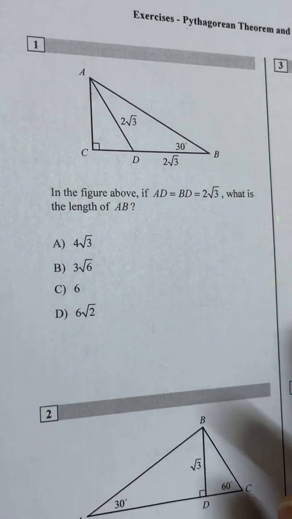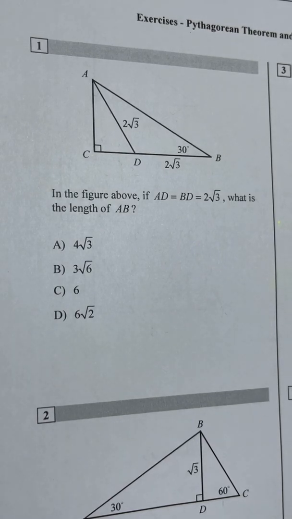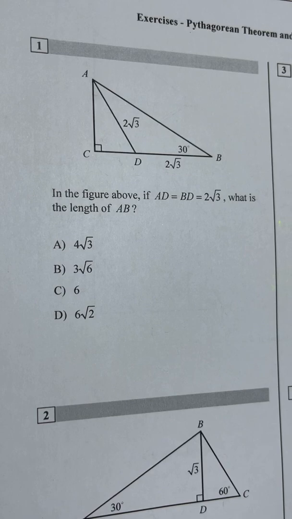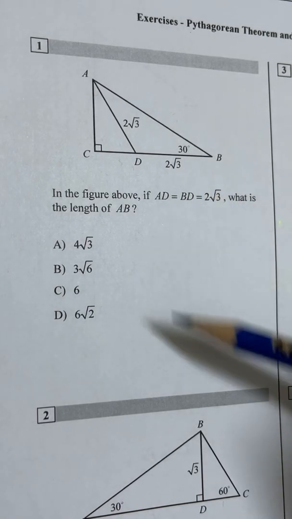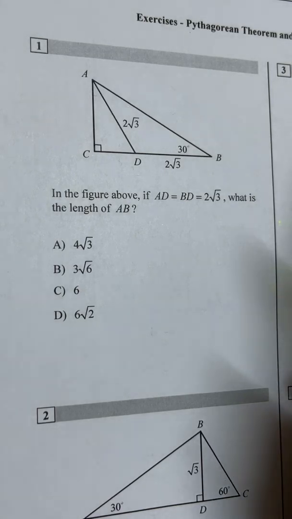Hi everyone. In this session, we are going to do Pythagoras theorem and some special right triangles. And we are going to learn the three most important things which you have to remember while you're doing special right triangles, and which most of them get confused about in exam. So, what are the three most important things that we are going to learn first before we do the questions? The three main important things that you have to remember before you do special right triangles are: